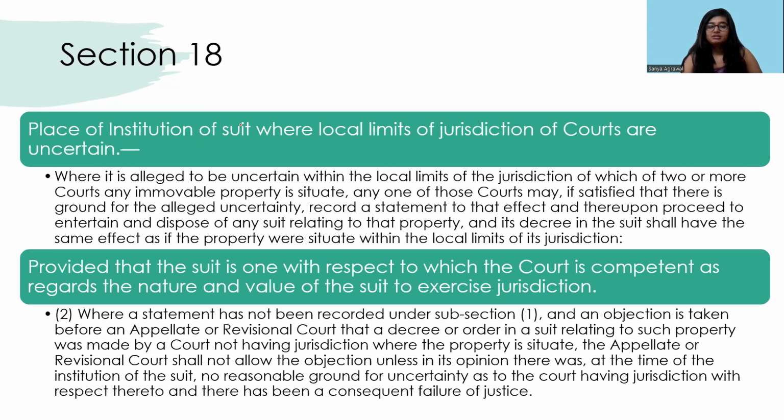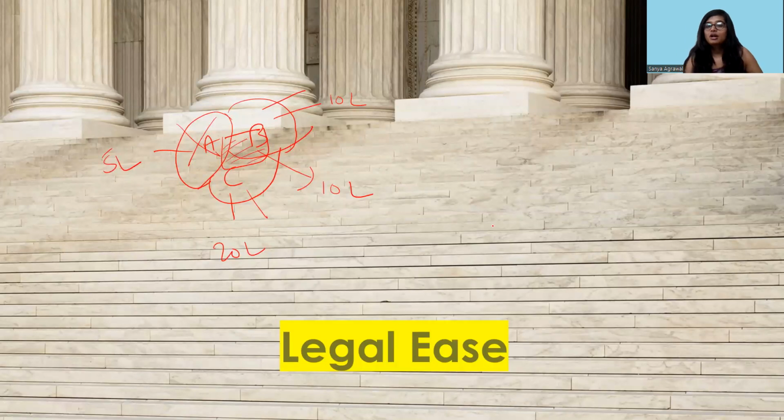Moving to section 18. Section 18 talks about a case when there is no specific court which has the jurisdiction, so it is uncertain which court will have the jurisdiction. So it is said that if a particular property, again, let's say